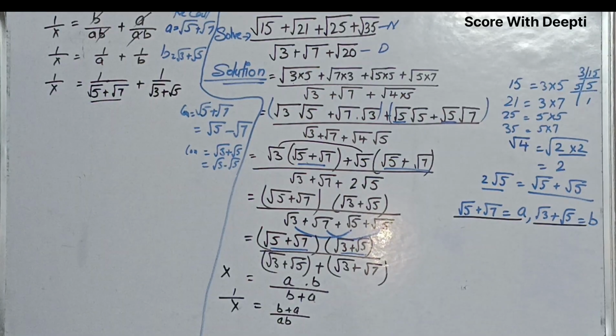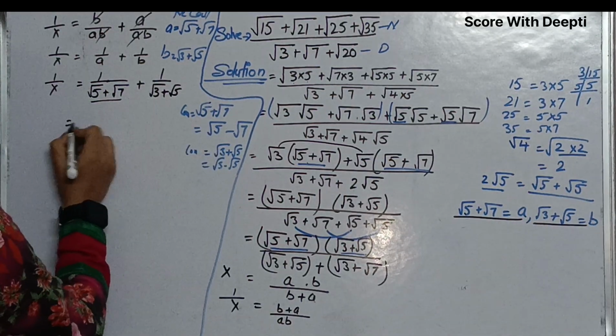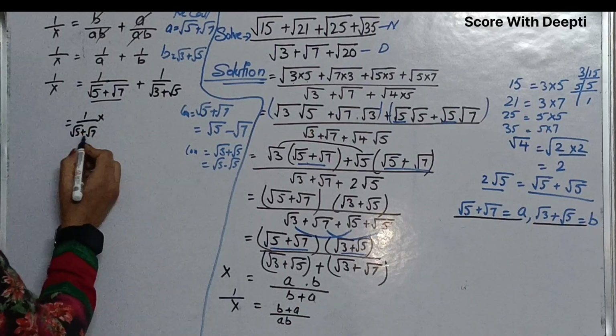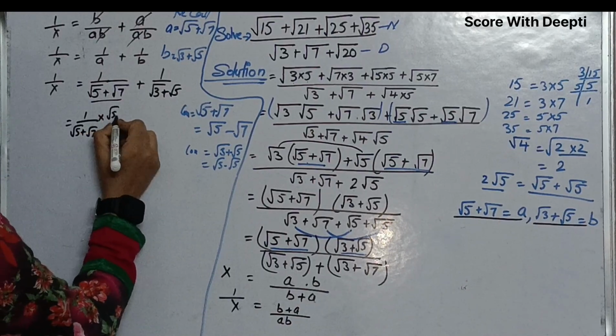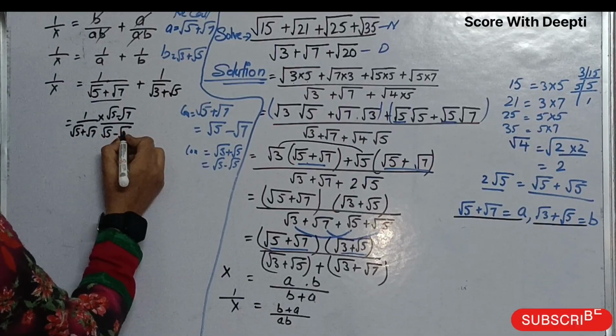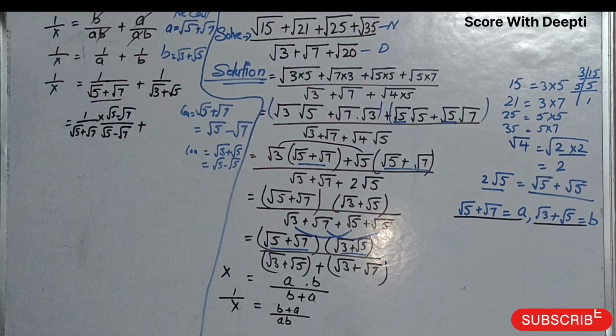We will multiply 1 over square root 5 plus square root 7 with square root 5 minus square root 7 over square root 5 minus square root 7, plus